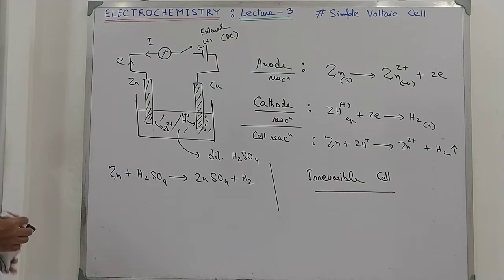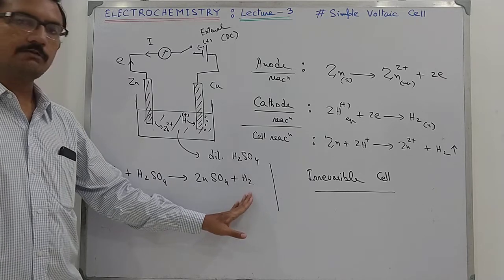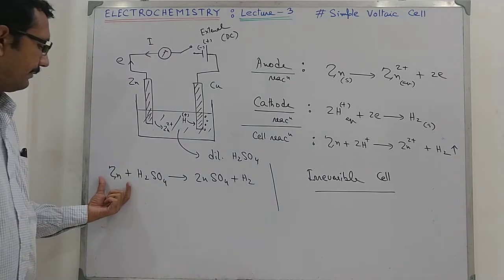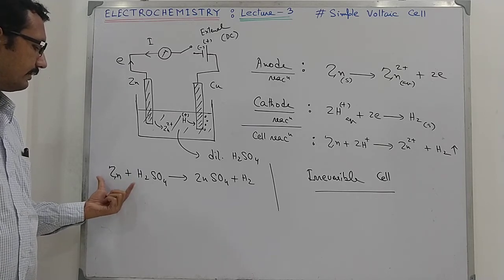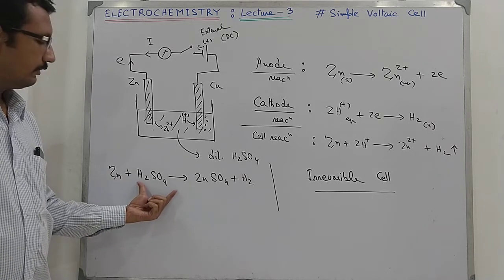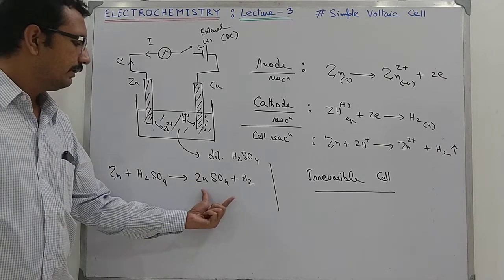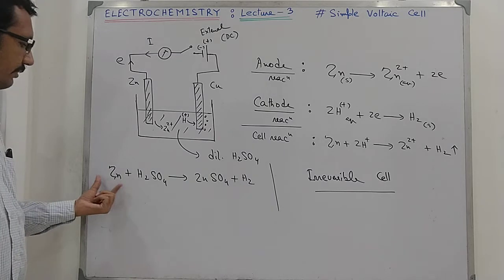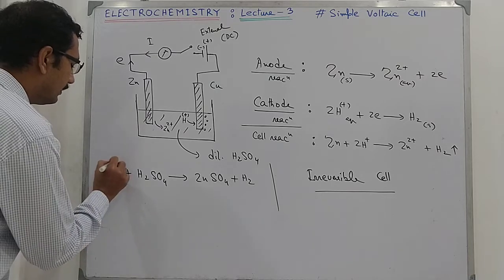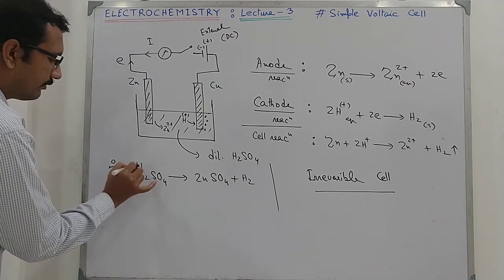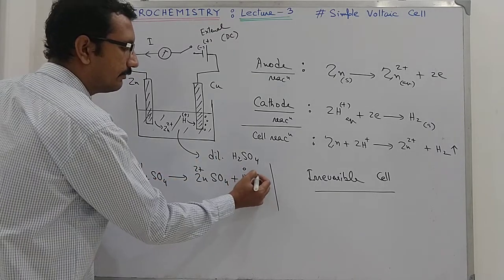You have all studied the synthesis of hydrogen gas in the laboratory. What have you used during the preparation of hydrogen? You have taken commercially available zinc granules and added dilute H2SO4 to them. So whenever zinc comes in contact with dilute H2SO4, it gives you ZnSO4 plus H2. Since the electropositivity of zinc is greater than that of the proton, it will transfer the electron. It is 0 here, it is +1 here, so there will be electron transfer from zinc to hydrogen, and it will be 2+, and we will get hydrogen gas, which will be liberated.